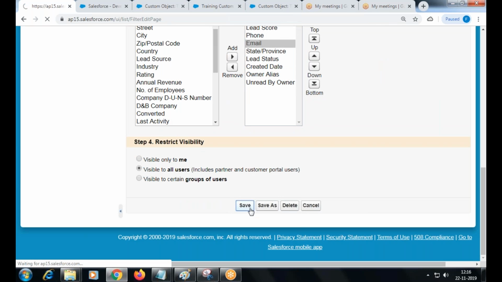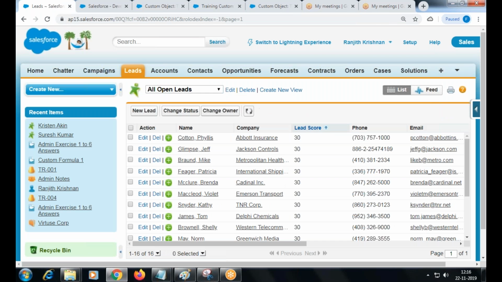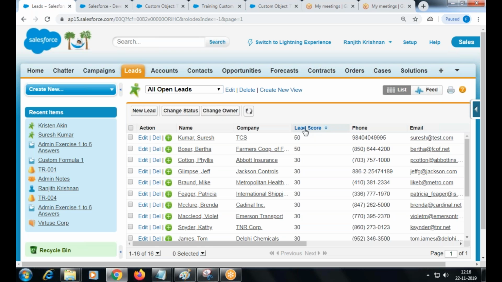Save. So I see the lead score. I sort it. I can see who is high priority lead. Got me? So this is how the lead score is helpful to you. And this is a formula field we calculated. Got me? It's clear?